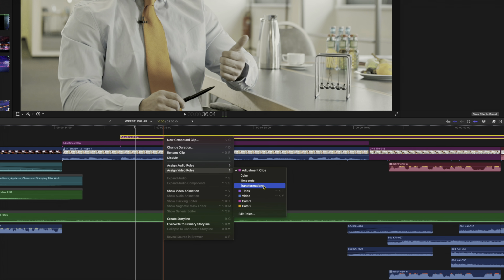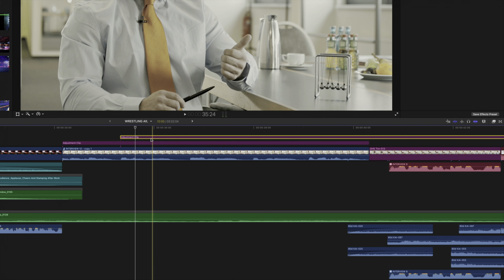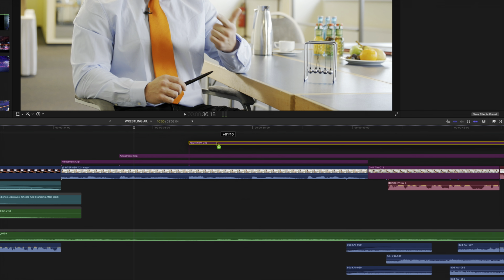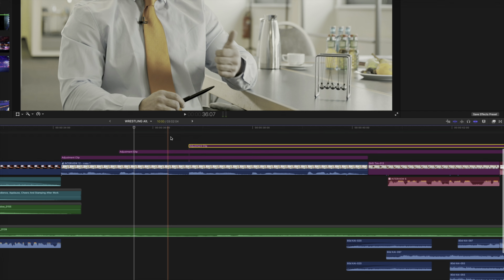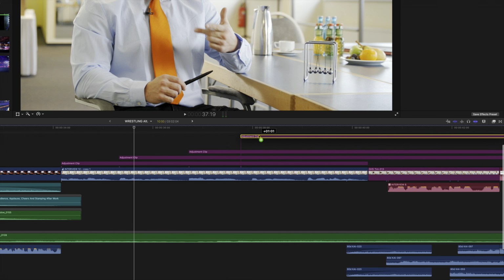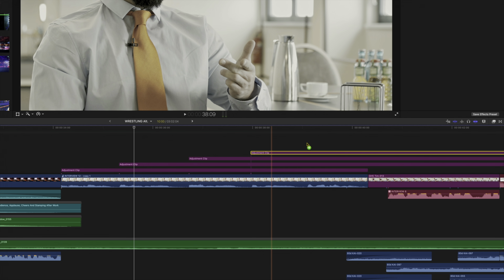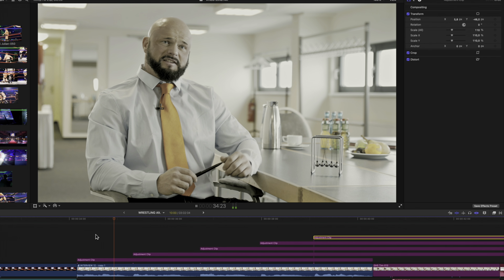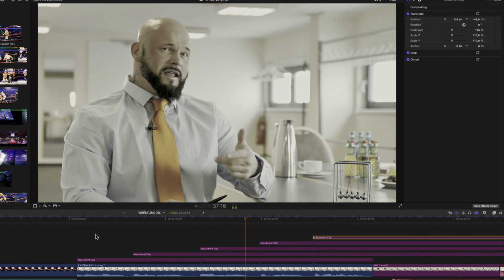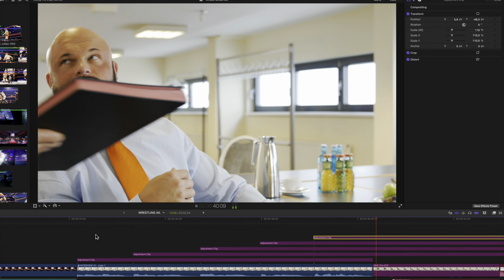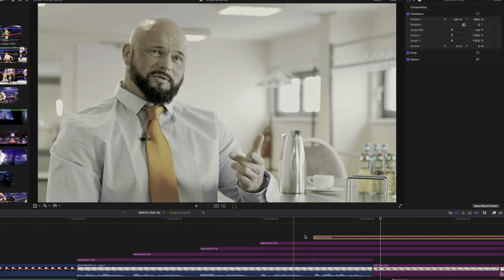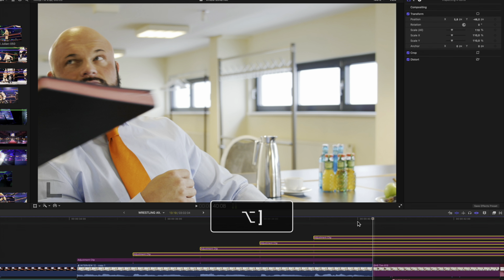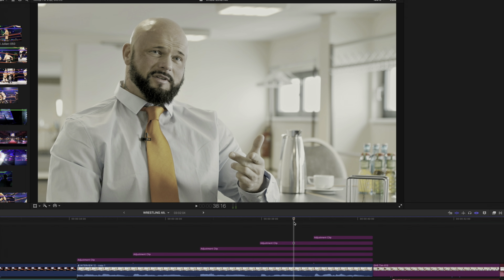I could repeat the whole thing for each list item going by the waveform, but I could do it much easier by simply Option-dragging the existing adjustment clip with the transformation and positioning it at the beginning of the second count according to the waveform. And I can repeat this for the third and fourth list item as well, because by stacking the adjustment clips, the changes are compounded, meaning that the 10% scale and the repositioning are added to each previous 10% and repositioning. Now all I have to do is select all four, move the playhead to the end of the clip, and press Option right bracket to trim the end of them to the length of the clip.